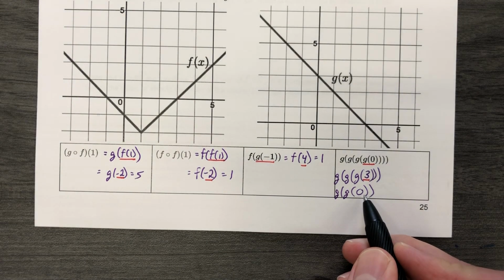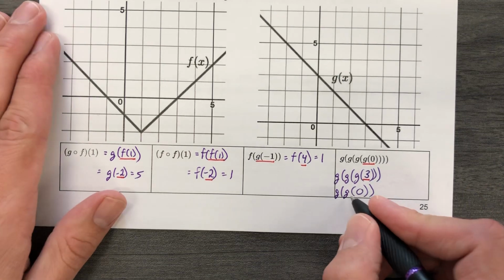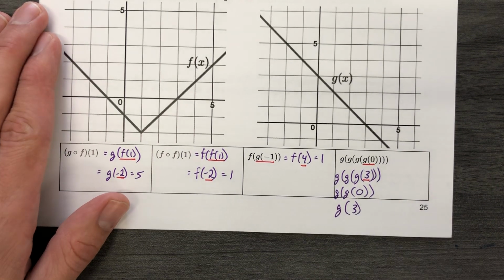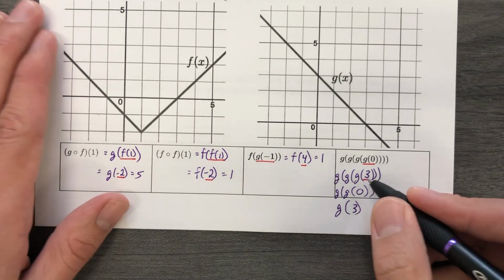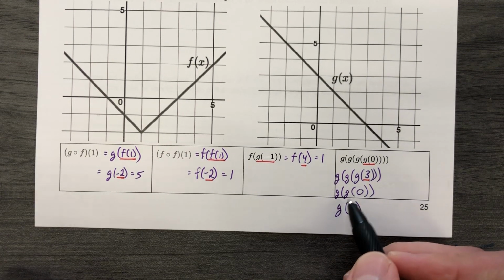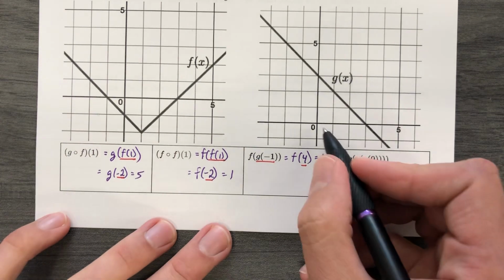You can see a pattern here, right? So g of 0 is 3. We already figured that out. So now this part is 3, which leaves us with another g. Each step, we're evaluating it one more time. So we went from 4 g's to 3 g's to 2 g's, to 1 g. And then eventually we're going to figure out the final answer, and g of 3 is